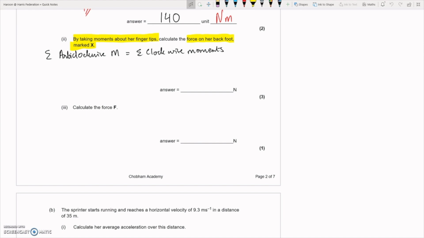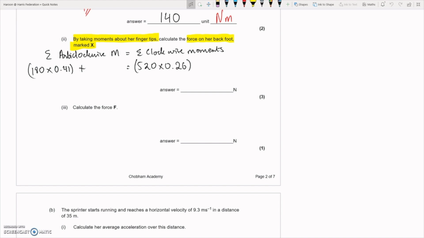So in this question, I have F. I can see from above that 520 is acting 0.26 away, and that is my clockwise moment. So I'm going to put that there. 520 times 0.26, which we've already calculated above, but I'll do the calculation again. That's my clockwise moment, and my anti-clockwise moment, I have 180, which is Y. So I'll just follow in order, 180, and that is acting at a distance of 0.41 meters away from F. So I'll do that at 0.41. That's one of my moments, that's anti-clockwise. Plus